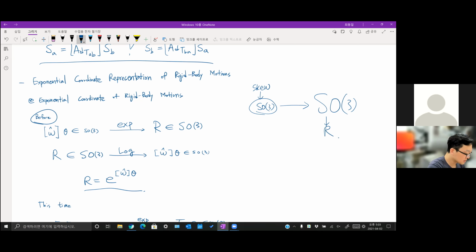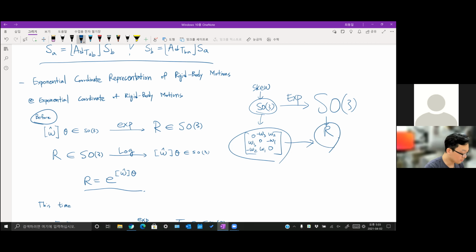This was done by exponential. The skew symmetric means this kind of matrix, and this kind of matrix can be converted to